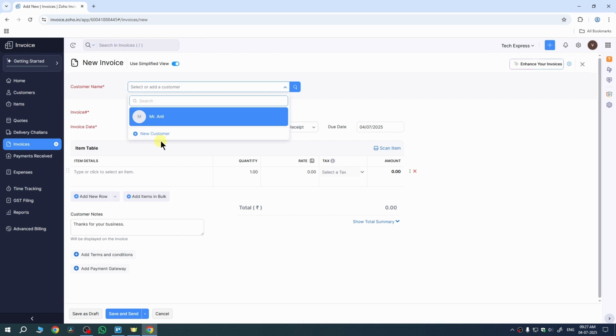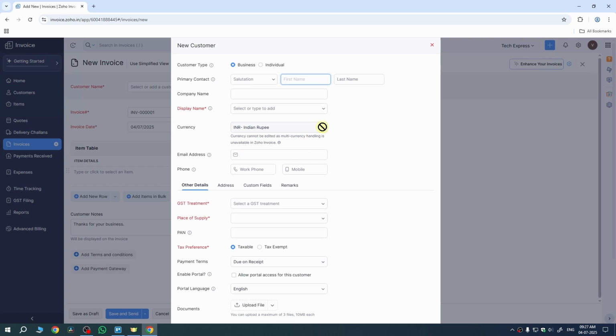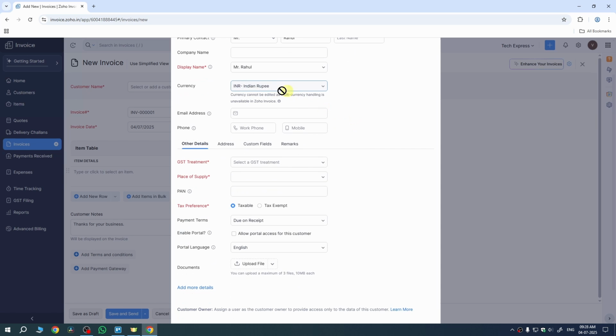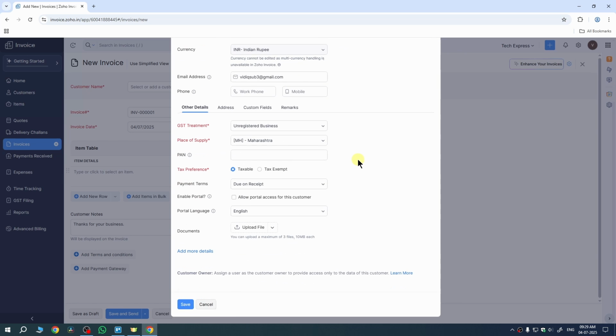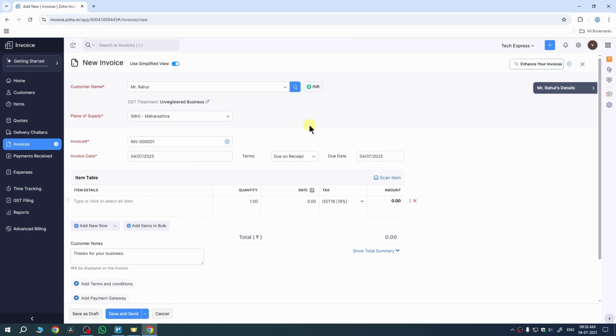So my customer is new customer, that's why I need to select new customer here. Then enter all the customer details like his customer type, primary contact, such as Mr. Rahul. So let's say his name is Rahul, so I need to enter it here. Then choose his company name, display name, so I want to name it Mr. Rahul, and choose your currency, email address, so that he can get his invoices on email address. Now once you fill all your details, tap on save to save changes,